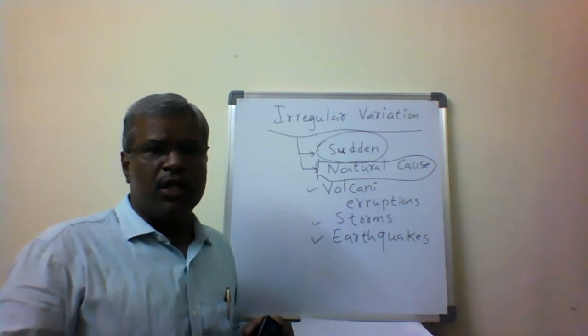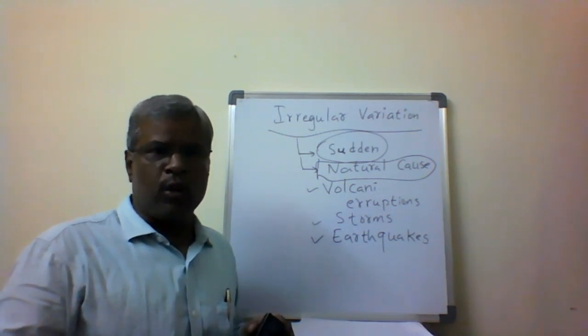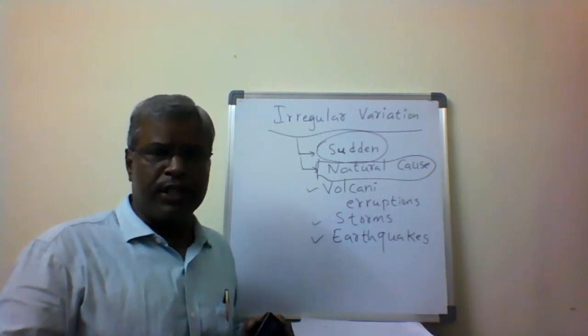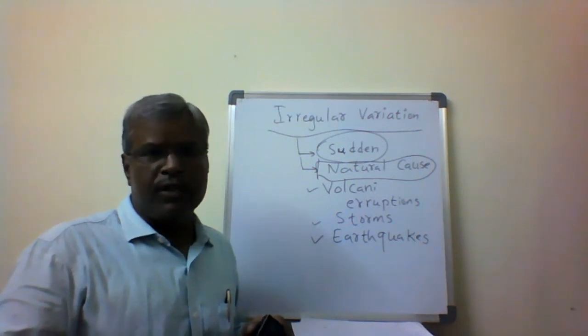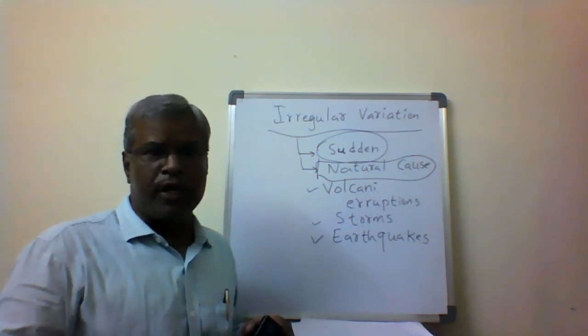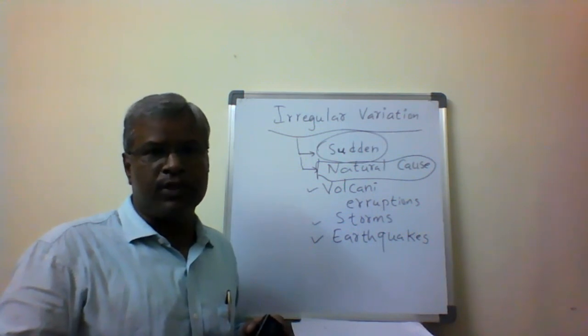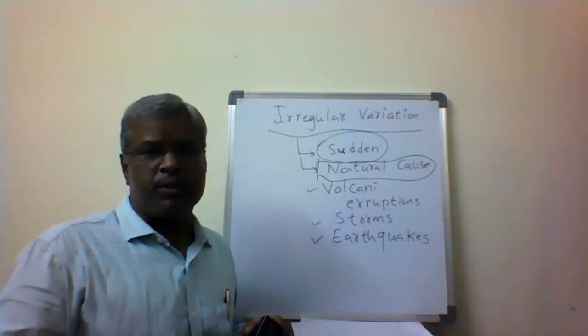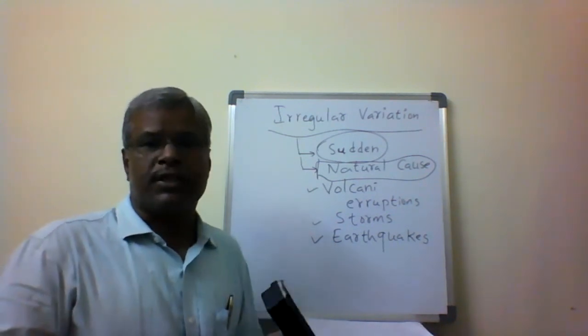So we have to identify the local attraction, the declination, and the dip. These are the three phenomena required while carrying out compass surveying using the prismatic compass or the surveyor's compass. With this, today's session is going to end.